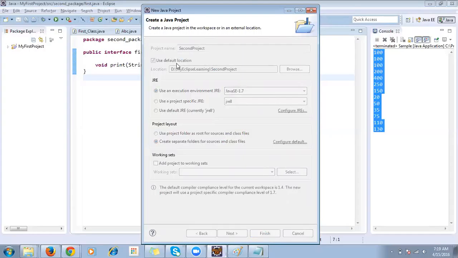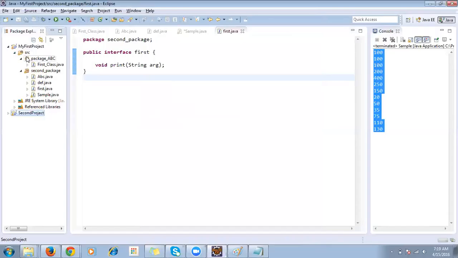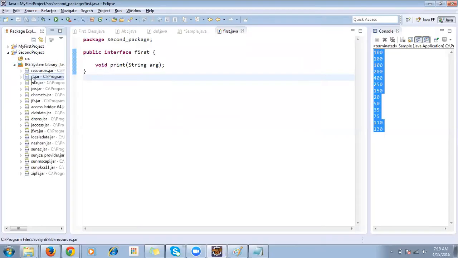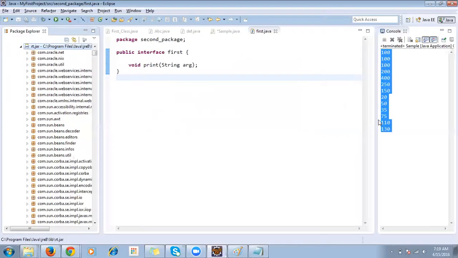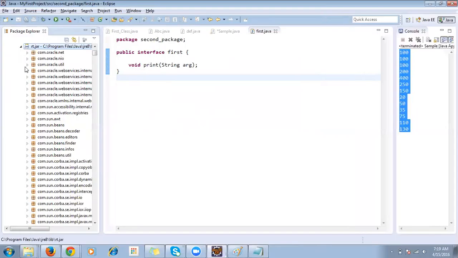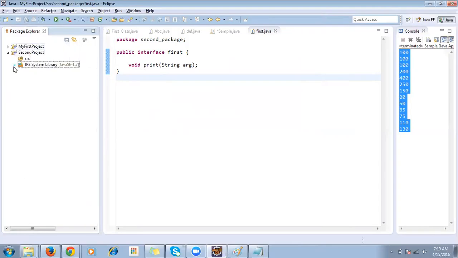Once you create the project, as usual, as I told, there will be a source folder and then the JRE system library. What does this JRE system library mean? It consists of jar files, which consist of packages, and those packages will have some classes in them. That is for the execution files. That is what we'll be having. If you see it at the diagrammatic level,